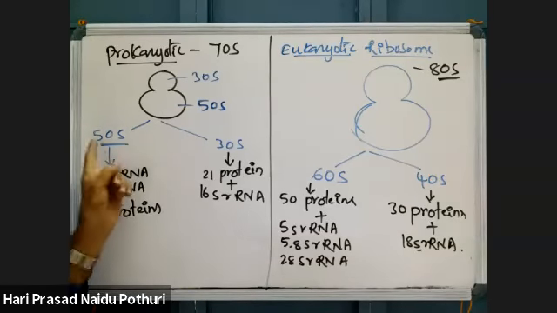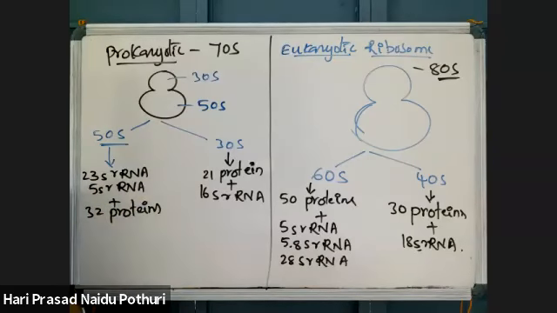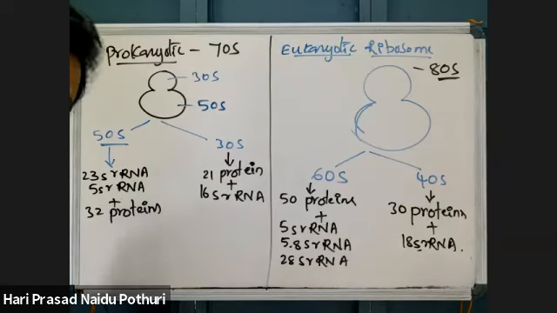See, this is 50S, this is 30S. When the combined 70S is coming, why? Anyone? What a doubt you got. This was already completed in 11th standard itself. I am repeating. Why? What is the difference here? Don't know.